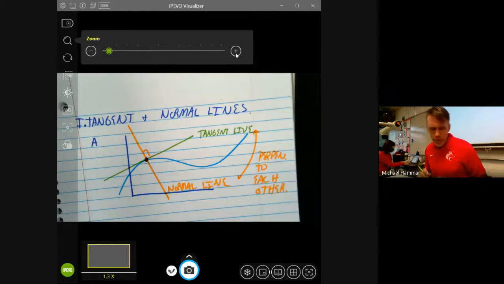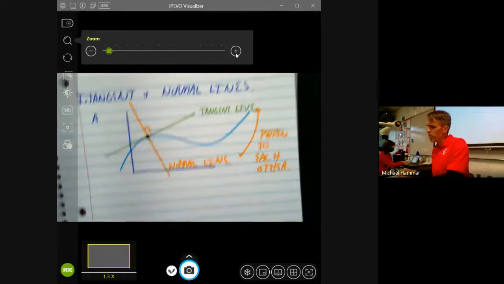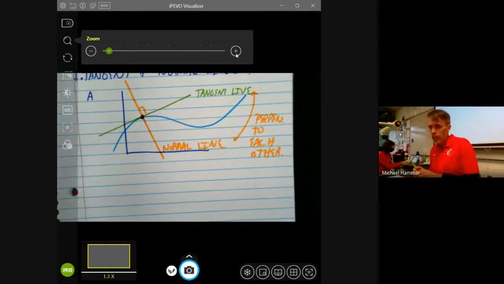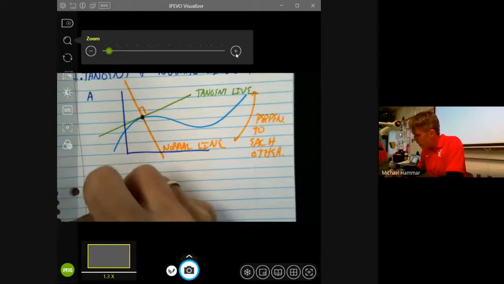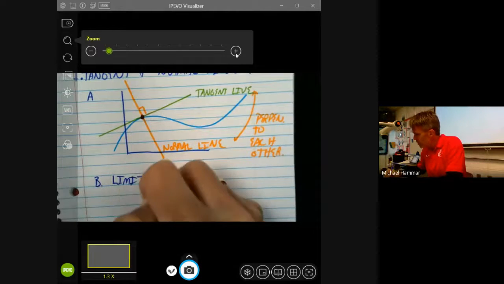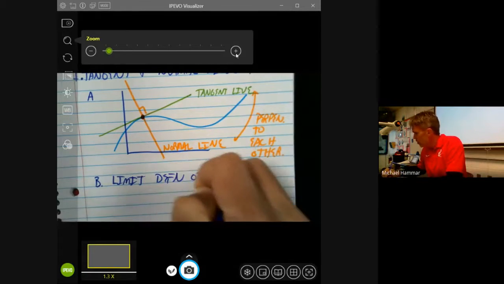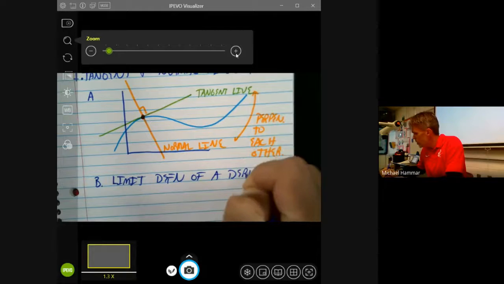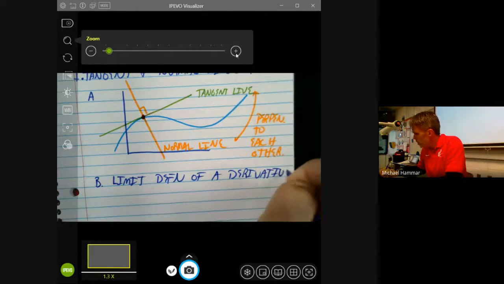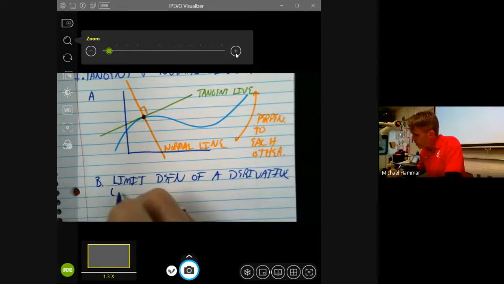So let's do a quick review of the limit definition of a derivative. Thank you, that's the word. Let's go ahead. So let's review the limit definition of a derivative. Now, please remember that a derivative is simply the